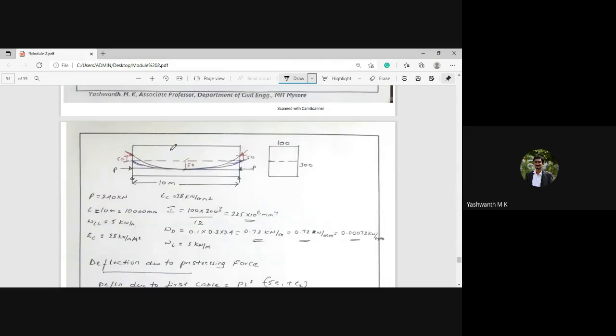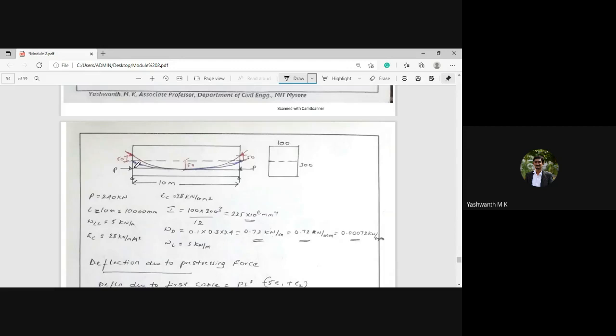So let us go ahead. This will be the longitudinal section of a PSC beam. As I stated, cable number 1, which is marked in red color, will have a mid-span eccentricity of 50 mm and a support eccentricity of 50 mm. This is the first cable. Coming to the second cable, which has been marked in blue color, it is also a parabolic cable, but the eccentricity will be different. That is, the midspan has 50 mm eccentricity, and at the support it is 0.